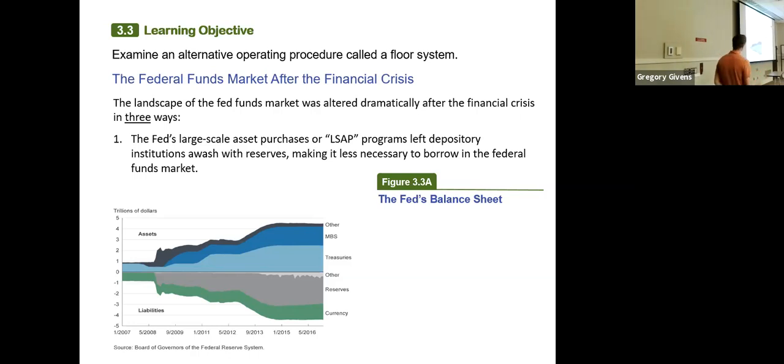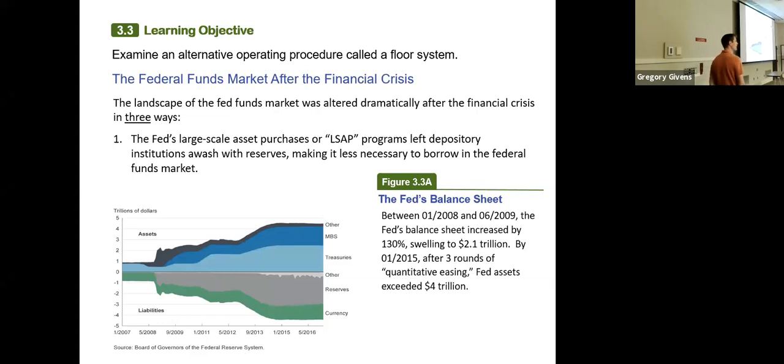Now, what was the reason for this rapid expansion in the Fed's balance sheet? Well, it was through the Fed's introduction of its large-scale asset purchase programs, sometimes referred to as LSAPs. The other name this has is quantitative easing, right? The Fed's QE programs, that's what I mean by LSAP programs. Those are the same thing, okay? QE1 occurred in 2008, right? That's where the Fed dramatically expanded its balance sheet by buying up normally unconventional assets. So it used to be the case that the Fed would concentrate on buying 3-month Treasury bills, but these LSAPs or QE programs were more focused on buying longer-term securities like mortgage-backed securities, 10-year Treasury notes, federal agency debt, things like that. QE1 occurred in late 2008, QE2 was around 2010, and then there was actually a third round of